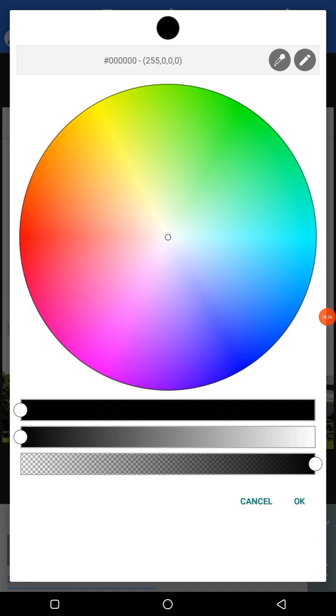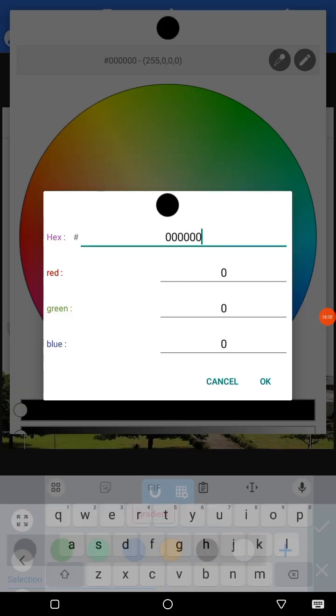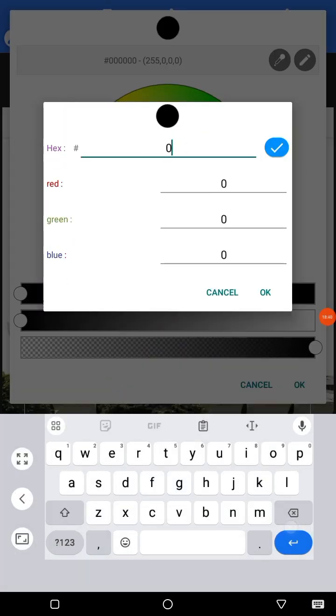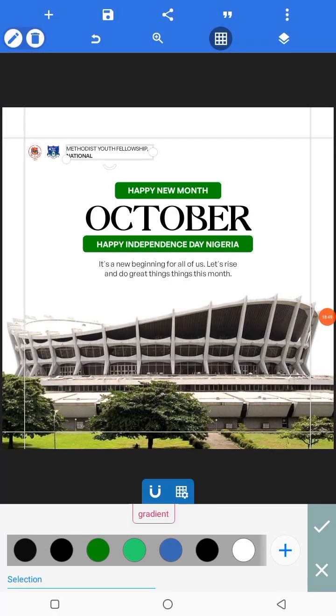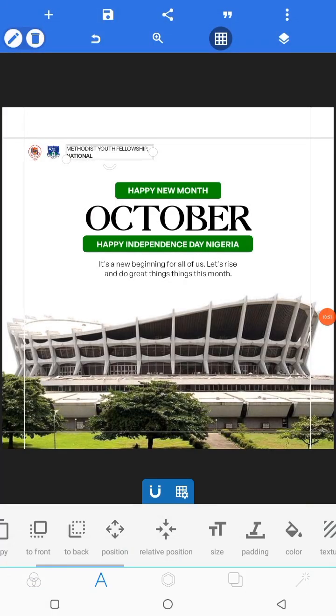Sometimes I like using colors like zero C. I like that color. Yes, I like using this at some point. But it's a choice anyway. It's a choice. So with this, I'm actually done with what I want to do. I still want to tweak this thing here. You notice some of our images are not aligned properly yet. So what to do is just to